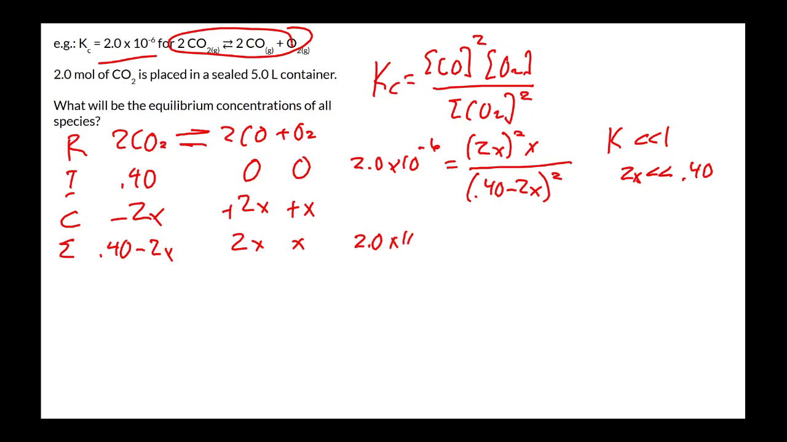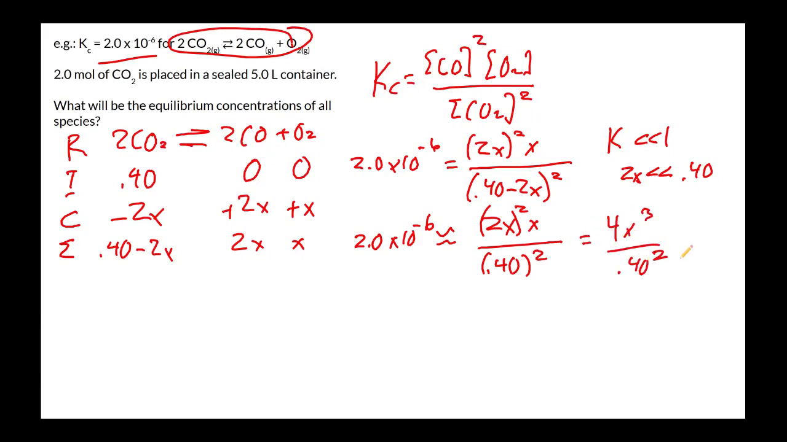We can say 2 times 10 to the minus 6 is going to be pretty much equal to 2x squared times x divided by 0.40 squared. And just ignore that 2x because it's going to be very small compared with 0.4. How do you know if you can do this or not? Well, you can always just try it out, and then we have a little bit of a test that we can do at the end. This simplifies to 4x cubed over 0.40 squared. So now this becomes a pretty simple problem to solve. We can just multiply both sides by 0.40 squared, divide by 4, take the cube root, and find out what x is. X is equal to, when we do that,